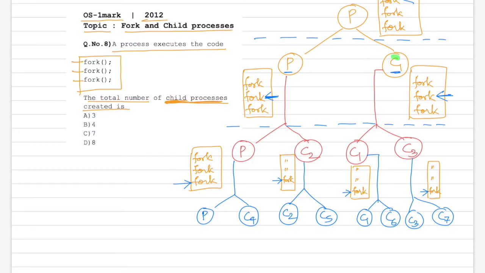This was the first child process that was created, C1. Then we created C2, then C3, then C4, then C5, then C6, and then C7. So as you can see in this fork tree, there are 7 child processes created, C1 to C7. So the answer will be option C, 7 child processes.